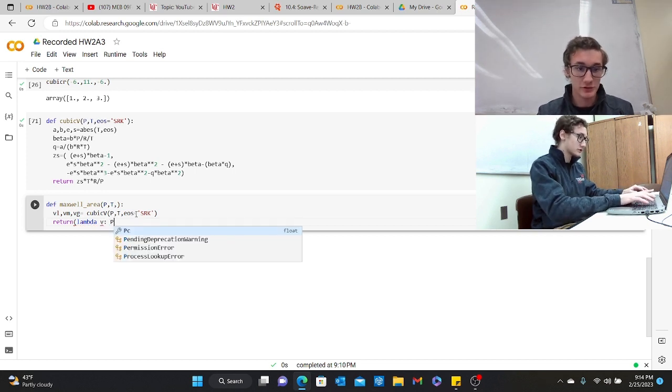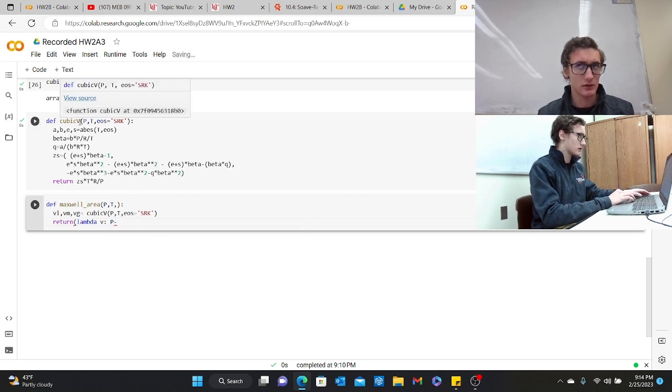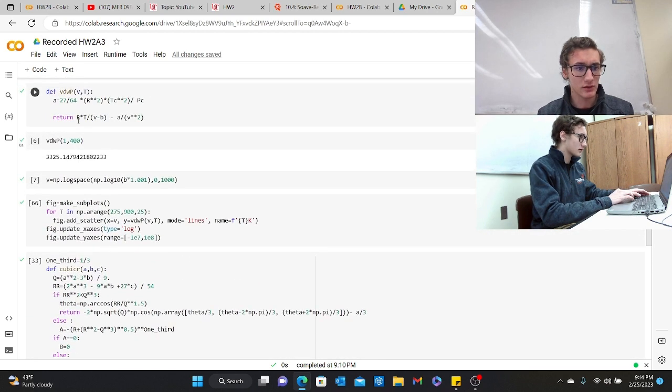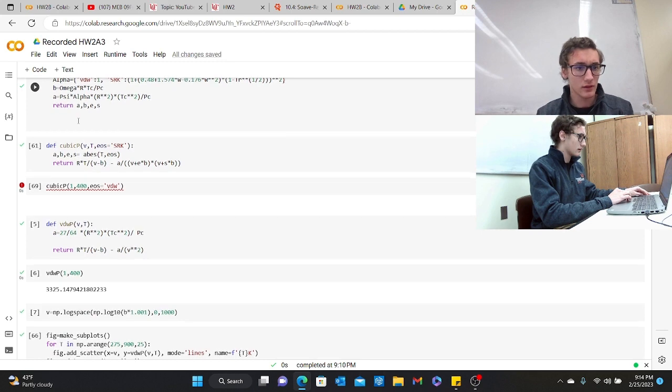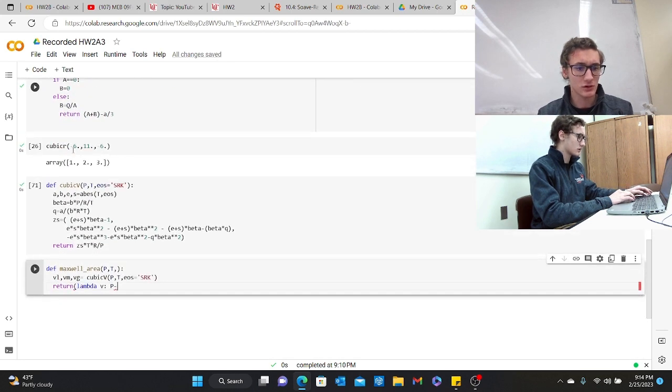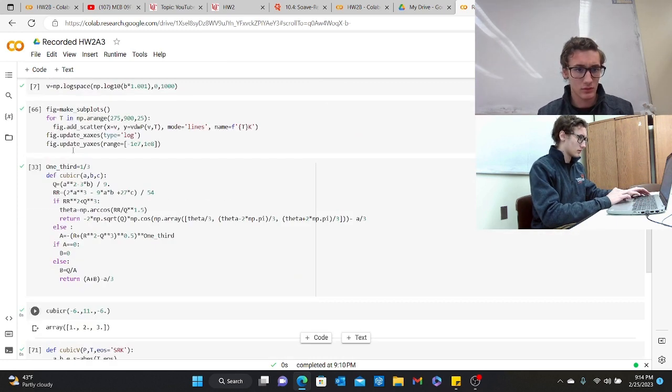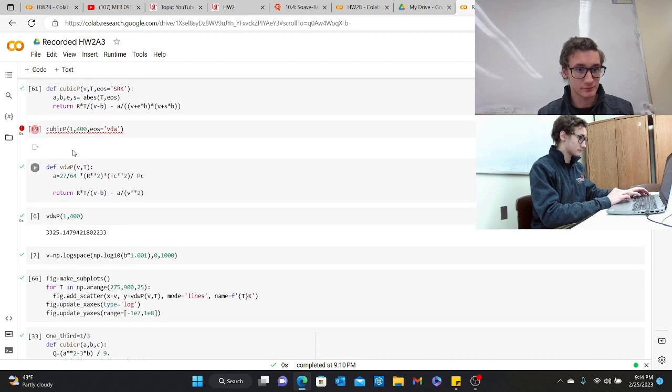And then we would do pressure minus our cubic volume. What would be minus our cubic pressure? Because this is what we would graph. So I would think we would do minus cubic pressure,